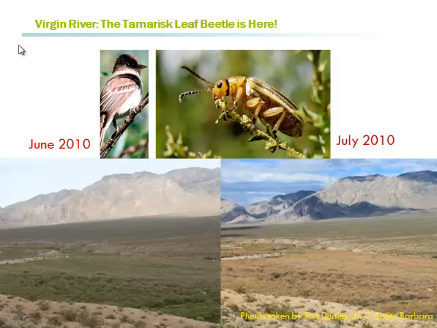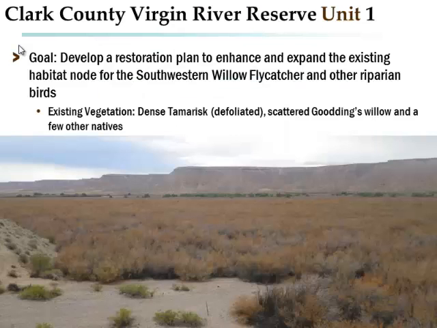But one of the challenges in the lower Virgin River in particular is that it's almost a complete monoculture of tamarisk. So we have very few native cottonwoods and willows left in the system. And so as the beetle comes in and does its thing, it's having a huge impact on the southwestern willow flycatcher. As we move down into the Mormon Mesa Reach,